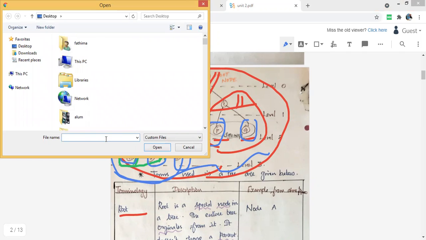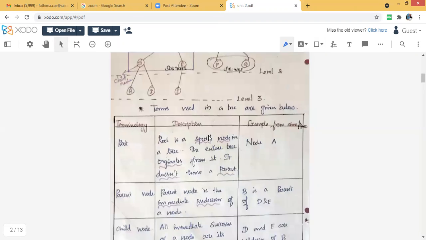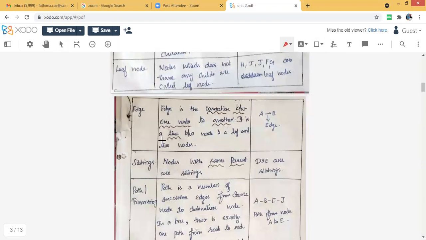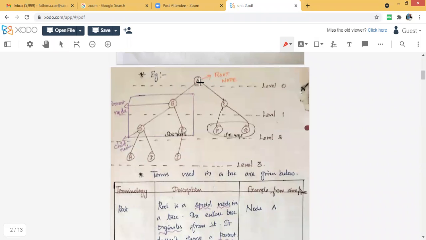I will take a new document again, because it is too much stumbled. The next one is edges. You all know that connectivity is edges. If you want to show the A to H connectivity, you have to write it like this: A to B, B to D, D to H. That is the connectivity. Sometimes they may ask you to find the edge from A to F, so A to C, C to F follows.